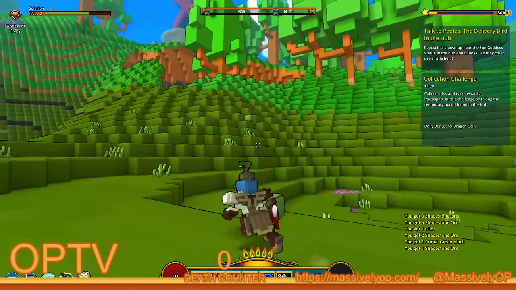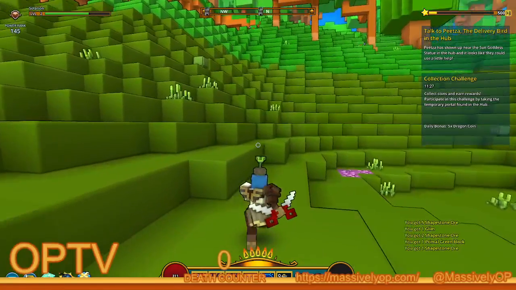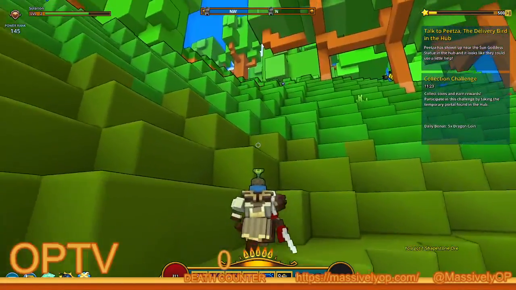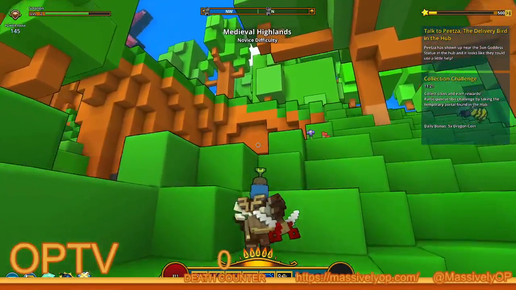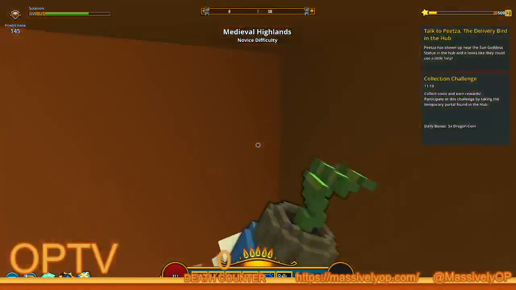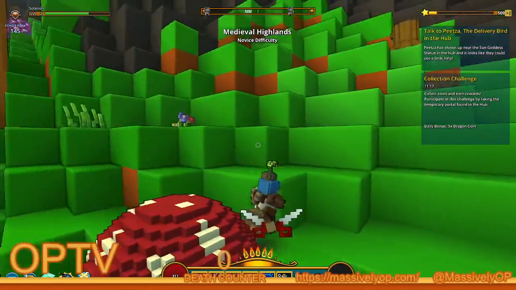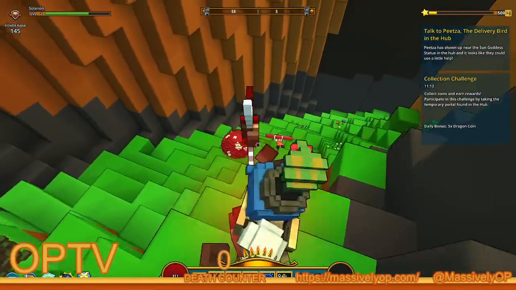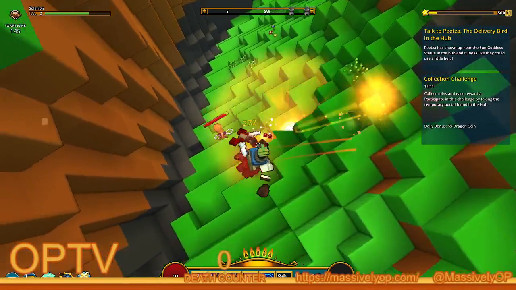Just kind of find a direction and just walk in it, because you're probably bound to run into some sort of random dungeon of some kind. Oh. That's not what I wanted to do. Alright, well, I fell down here. Am I being accosted by a...